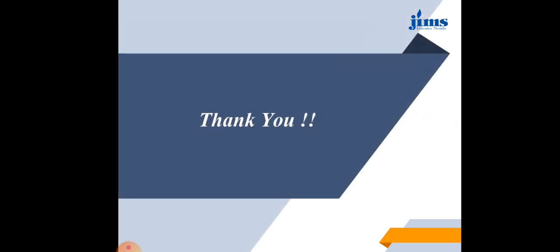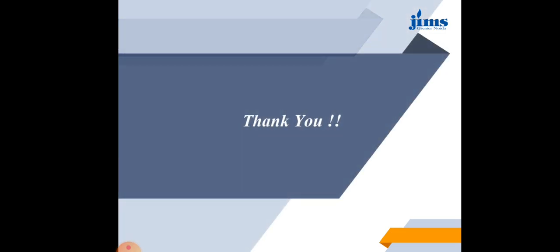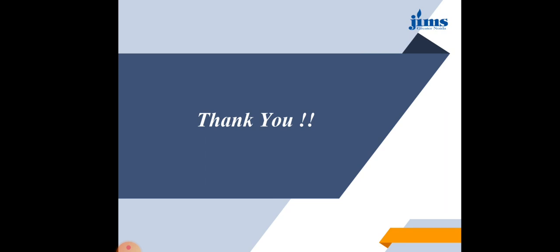So that's all about the iterative model. In the waterfall model, if I go through design and implementation, then testing is done, and if I find any fault, error or bug in the testing phase, I will not go back to the design phase. But in the iterations model, if I find anything, I will go to iteration 2 or version 2 of that model, and whenever I am satisfied with that version, I will make another version for that project. So these are the advantages of the iterations model.